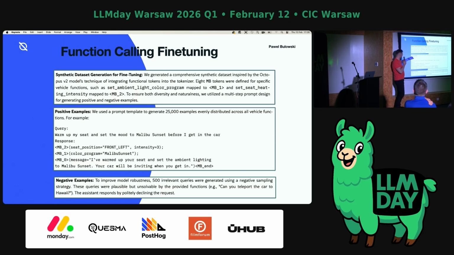So what you see here is they give specific examples of what the model needs to do. So, warm my seat and set the mode to some ambience, and they specifically map the functions to these lower signals in the car. So you can actually understand how you can interact in the car. What is very interesting is in the queries or in the setup, how they fine-tune the model to interact with the lower signals in the car, like opening the windows, increasing the temperature and lowering the temperature, and so on,